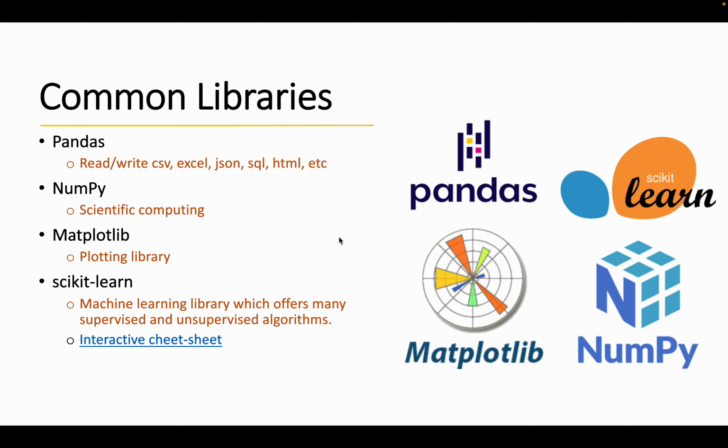Yeah, so after you learn the things, then you can start to search for some example code online, and there are some common libraries that you will see very often. So here I list 4 of them. First, pandas. Pandas, we use it mostly to read our datasets. It has other functionalities, of course, like you can also write the data and export the file. Next, NumPy. NumPy, we use it for scientific computing.